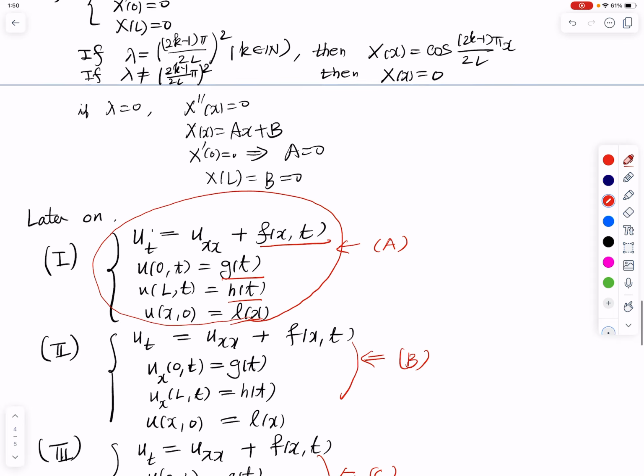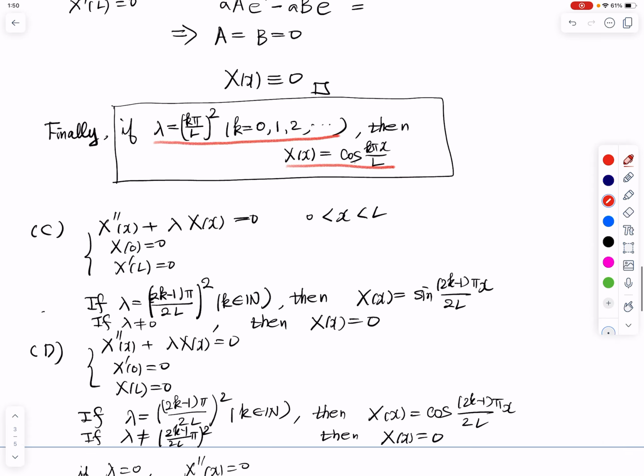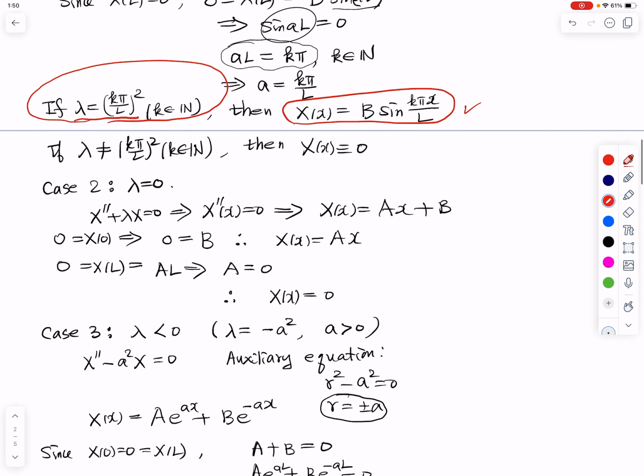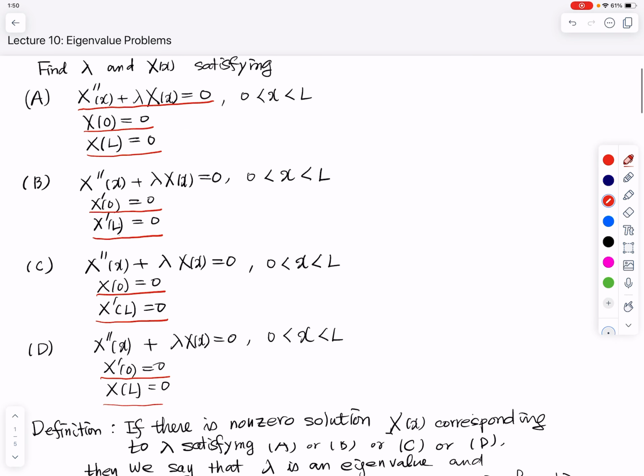Okay, so you need to get used to using these boundary value eigenvalue problems. These eigenvalue problems are very basic. It's very important to get